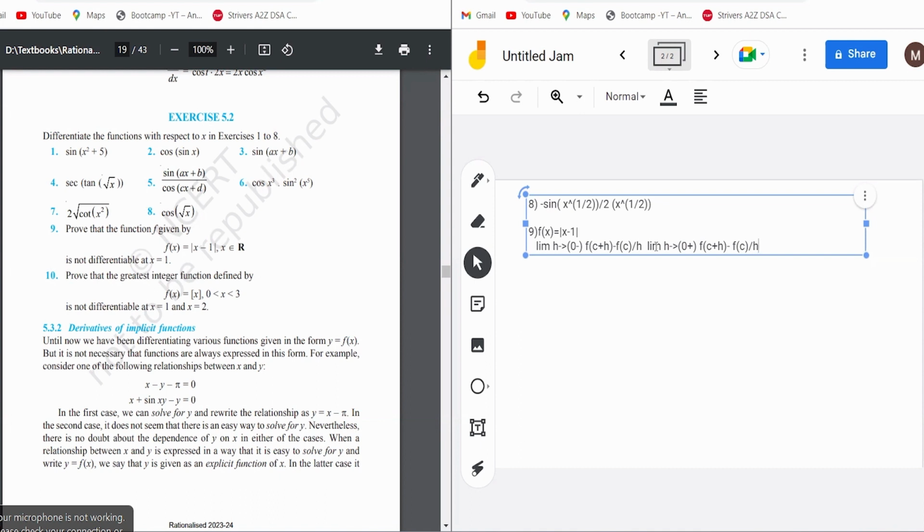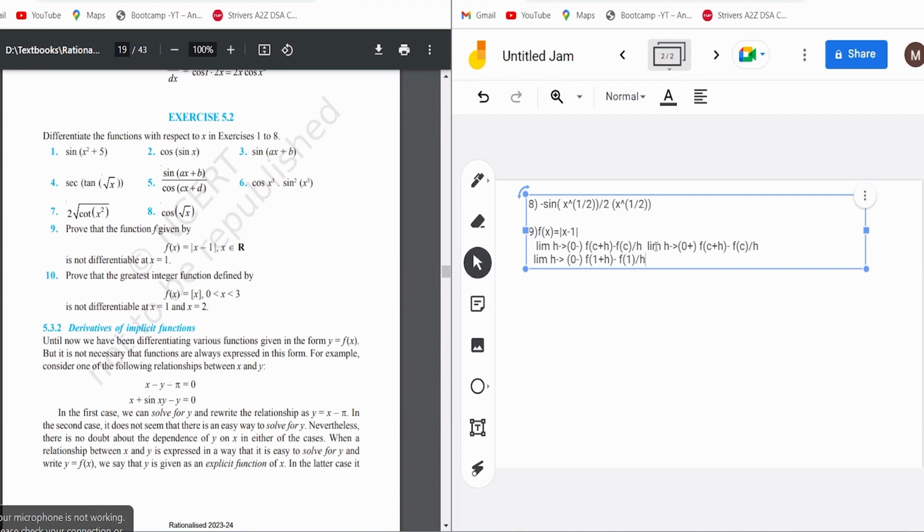So ठीक है, तो अपने को चेक करना है इस पॉइंट पे, अपने को चेक करना है x इक्वल टू 1 पे, तो बस अपन x इक्वल टू 1 पे इसको चेक कर लेते हैं. अपन क्या करते हैं, अपन c की जगह 1 डाल देते हैं. तो it would be limit of h tending to 0 minus, it would be f of 1 plus h minus f of 1, मैं बस c की जगह 1 डाल दे रहा हूँ, ठीक है, minus f of 1